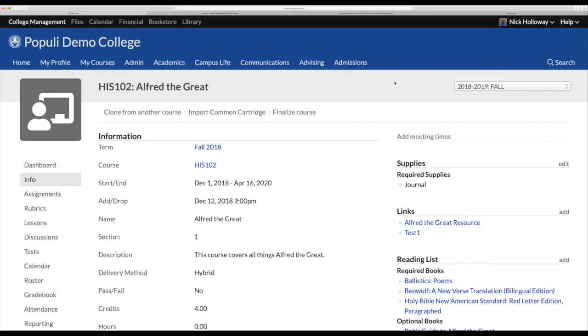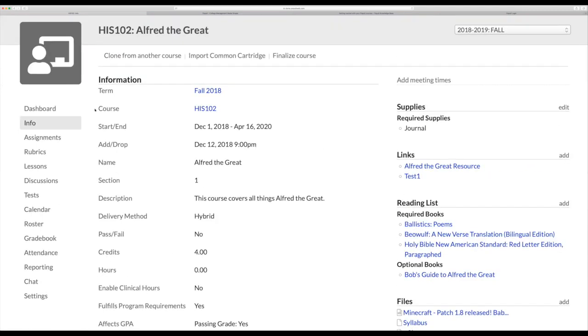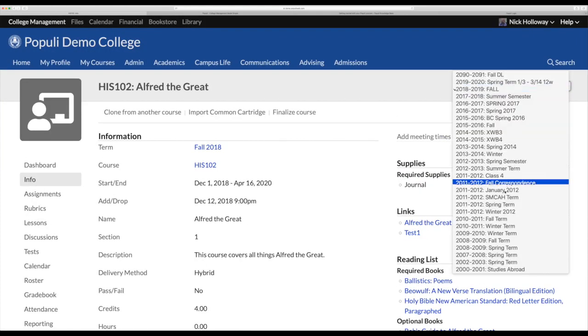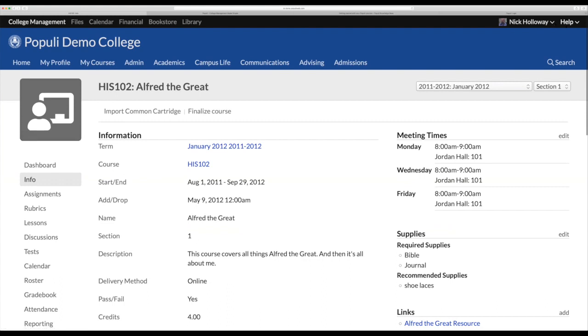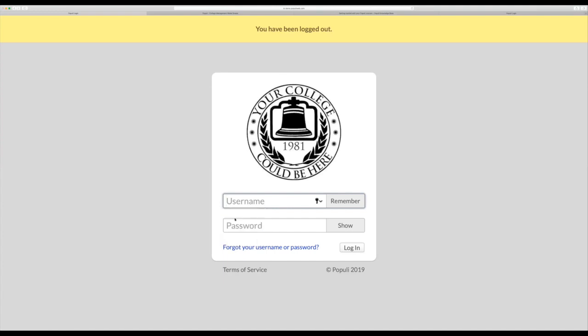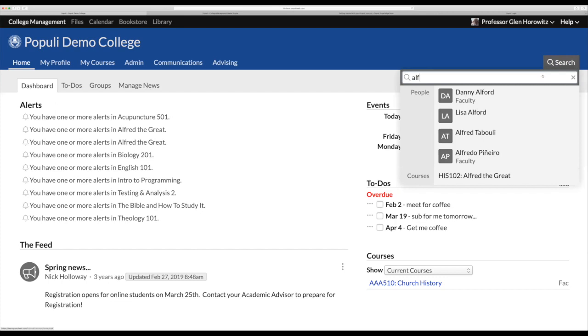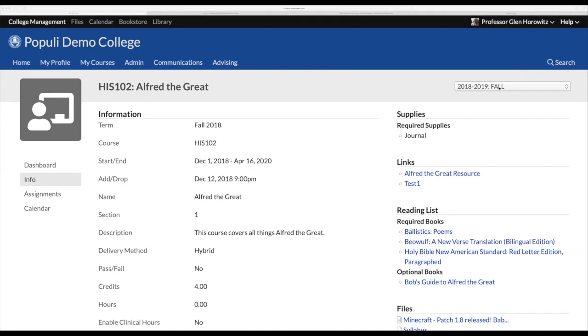Now, as I'm looking at this from the viewpoint of an administrator, my viewpoint as a faculty member will also be very similar. So if I were to log in to this course or a previous course in a previous term of the same course, what you're going to see is going to be very similar. So for example, here, I can log out as Nick Holloway, the super user. I can log in as Professor Horowitz, and I can show you that from the faculty member's point of view, that course is going to look very similar. So I'm going to go back to History 102. I'm now logged in as Professor Horowitz, and he has a very similar view here when he goes back to the course that he's actually